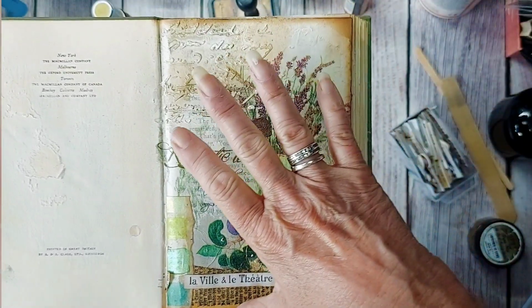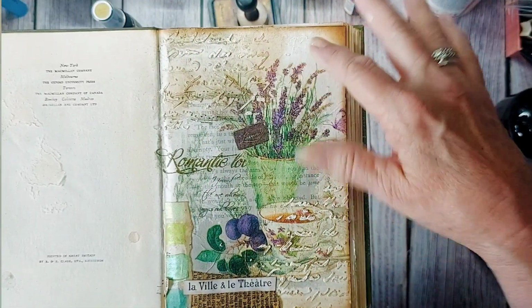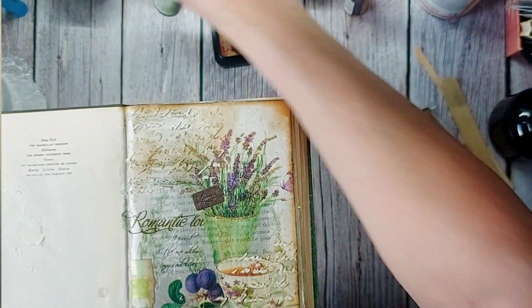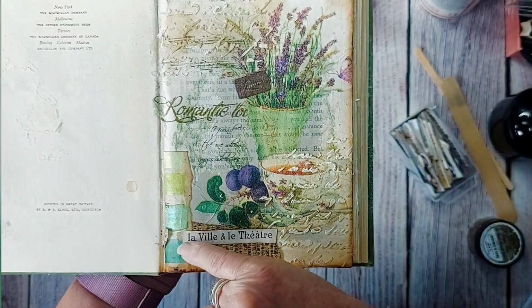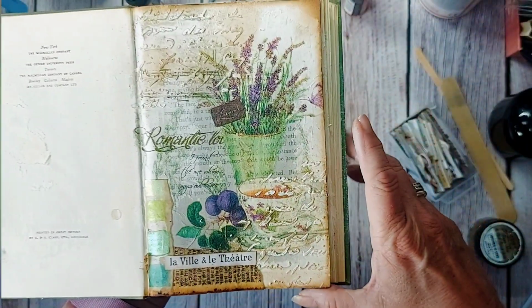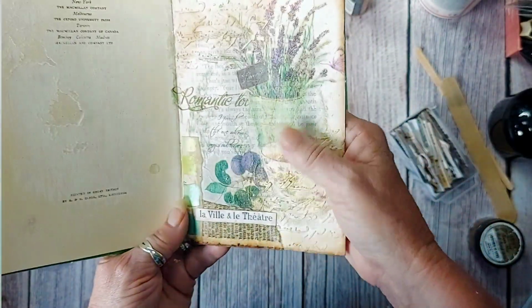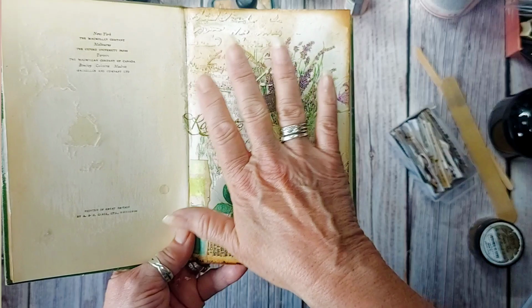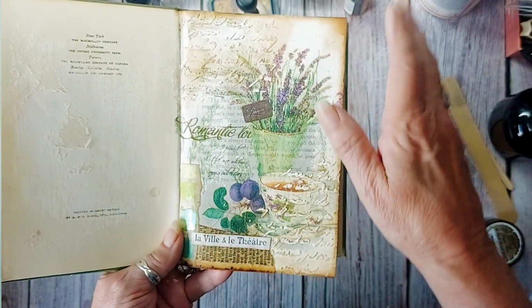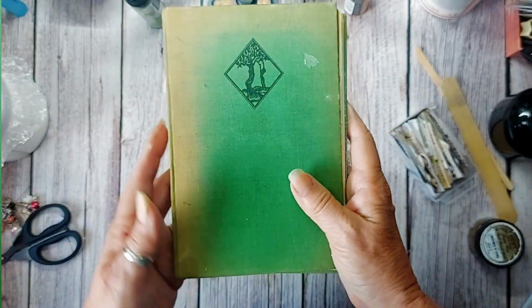So we've got a layer of gesso, a napkin, we've got Mod Podge, we've got the textured paste, we've got wax, we've got the distress spritz, and then we've got some book page and a label, and then a little bit more Mod Podge and some ink, and that's so you can practice your art. And if you want, you can rip these out and put them on the front of your journals. Sometimes I've done that, if I've been looking through and I've seen one and I've thought, oh, that would go with whatever journal I'm working on, I'll take it out and use it on the front of my journal. Anyway, enough waffle, and